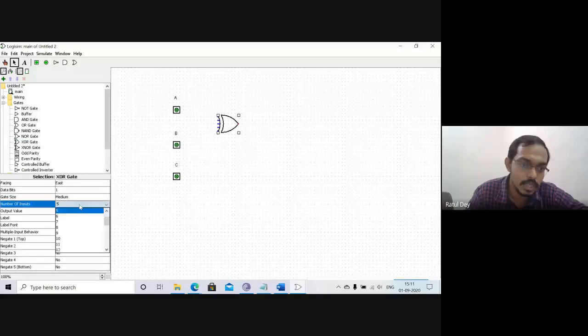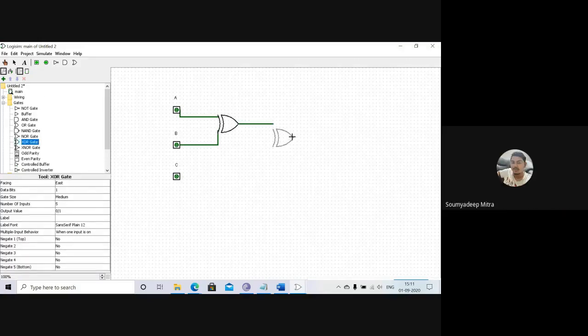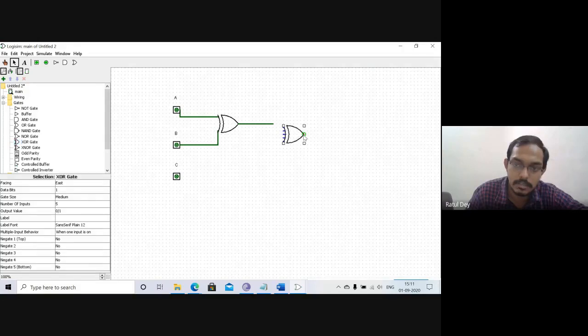We connect this XOR gate to the first part. This is connected to this part. Whatever result comes, we put another XOR gate on that result. You can see this part is connected.